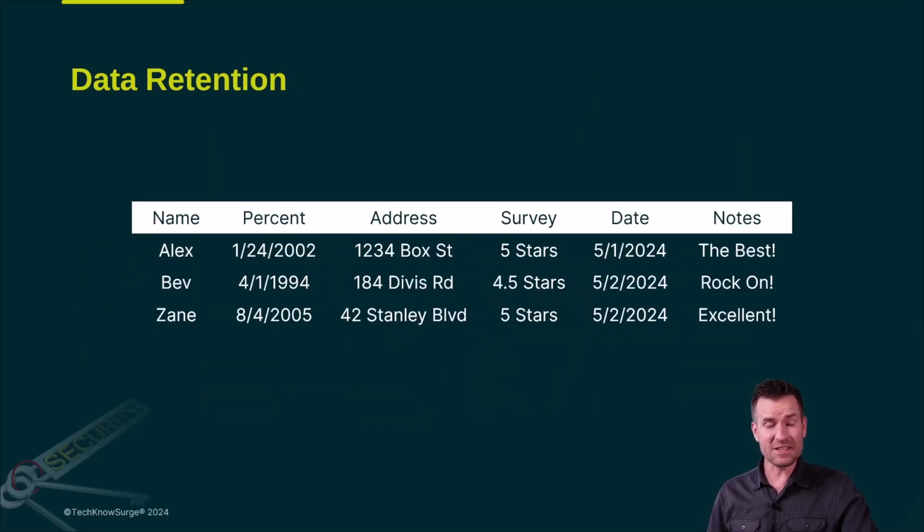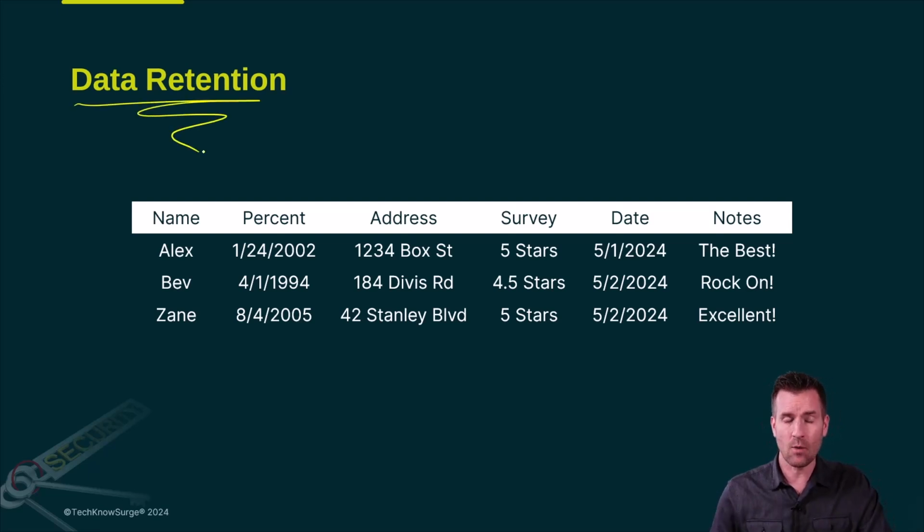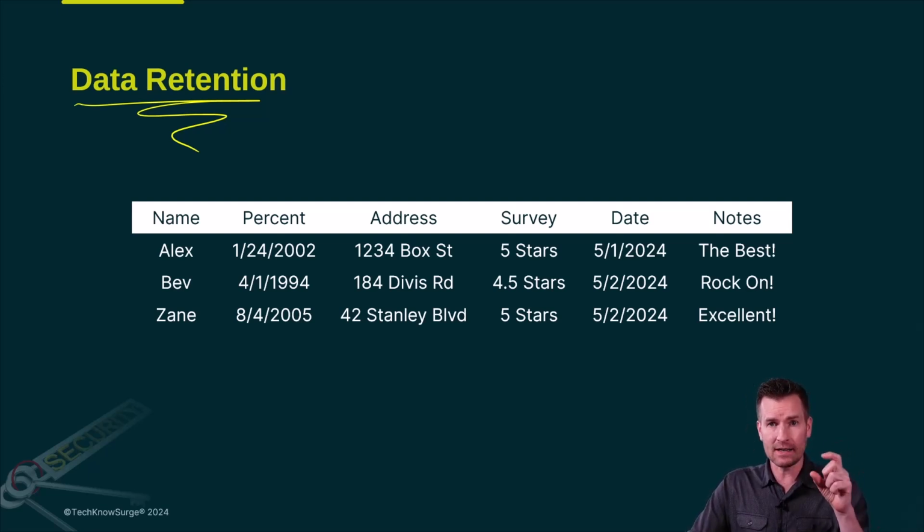Now, before we just start deleting certain data, we do need to keep in mind that some data we have to retain for a certain period of time. For instance, financial records, we have to retain for a certain period of time. And so what that looks like is we may need to create an archive just in case we get audited or the IRS comes in and wants to take a look at our records. Then we need to make sure that we have some sort of data retention for certain data.